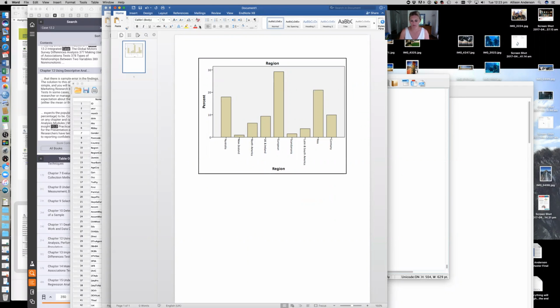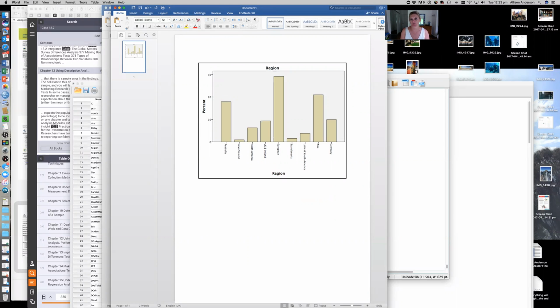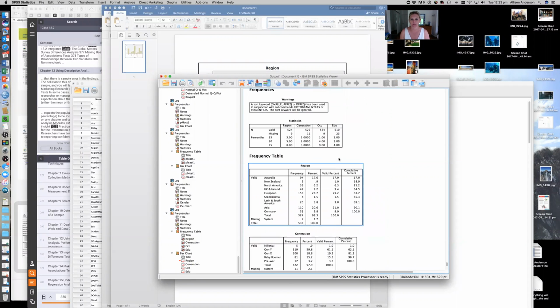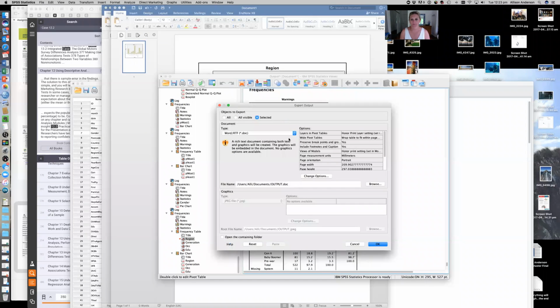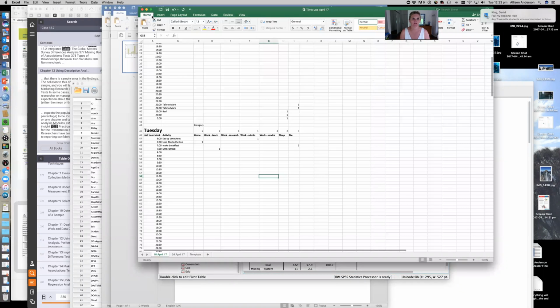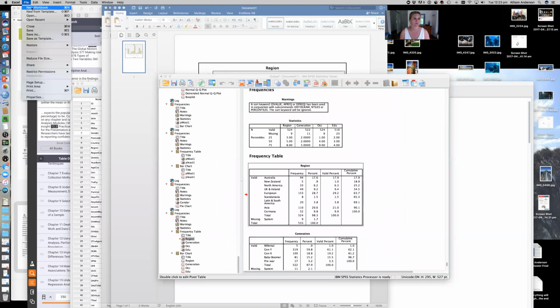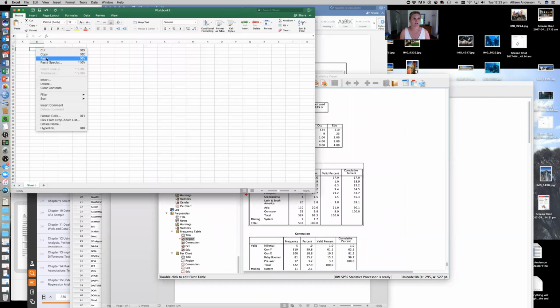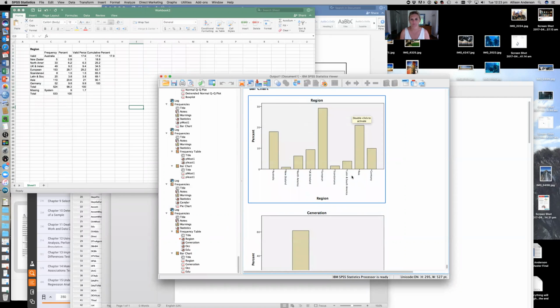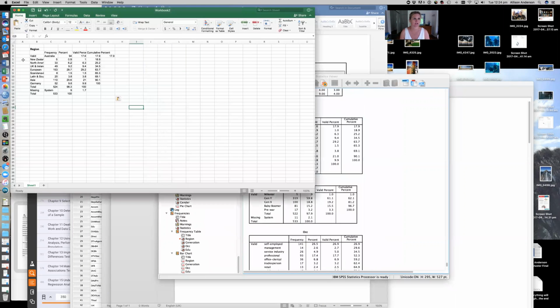So when you're thinking about doing this in your report, you don't have to do it exactly like that. If you want to get super fancy, and I certainly don't care if you don't, you can, for example, take this table, you can export it into Excel, or you can just copy and go into Excel. Oh, here we go. Close, minimize that, and we'll get a new workbook and paste, and that gives me the table there. So if you don't like the graphs that are generated by SPSS and you want to do something nicer, you can copy the table into Excel, and then you can make a graph